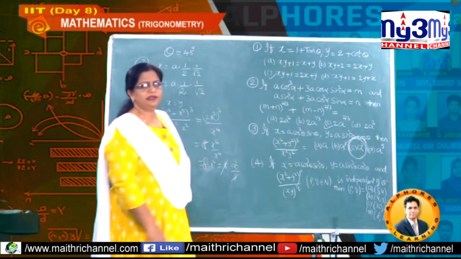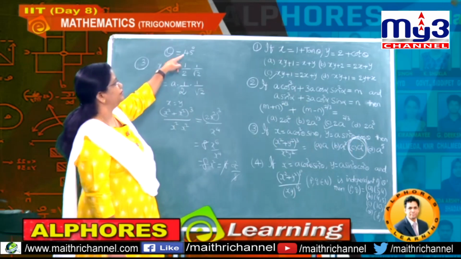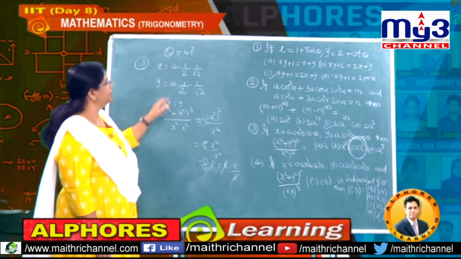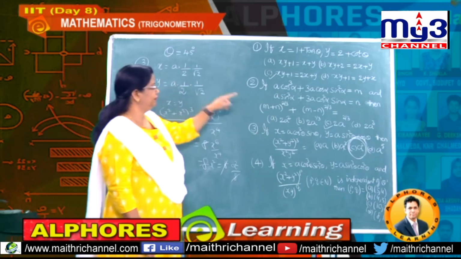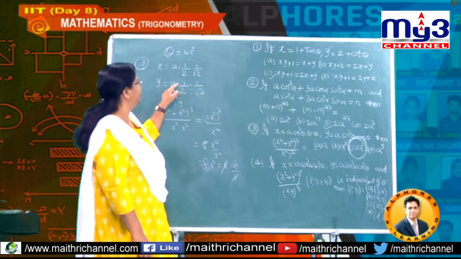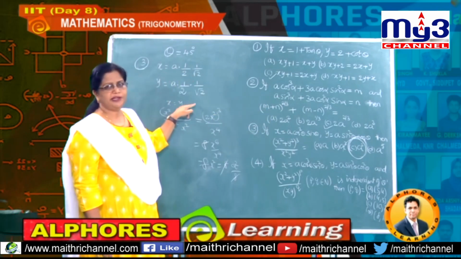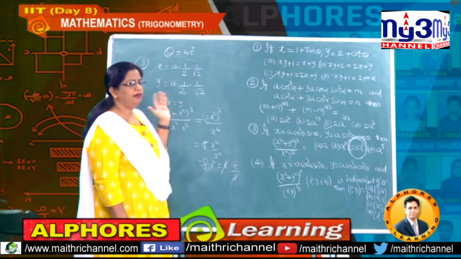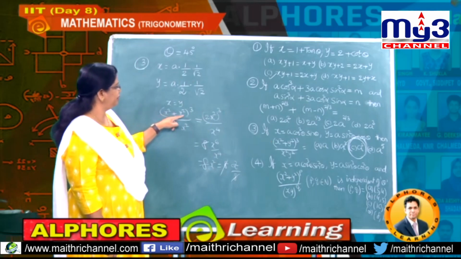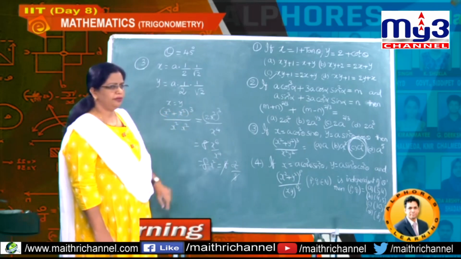Got it, students? So how we have done the problem, by taking theta as 45 degrees. So if you take theta as 45 degrees, x equal to a into cos square 45, 1 by 2 into 1 by root 2. So 1 by 2, a by 2 root 2. y also same value, then x equal to y. So we substituted x equal to y. So you got (2x square) whole cube divided by x square into x square.